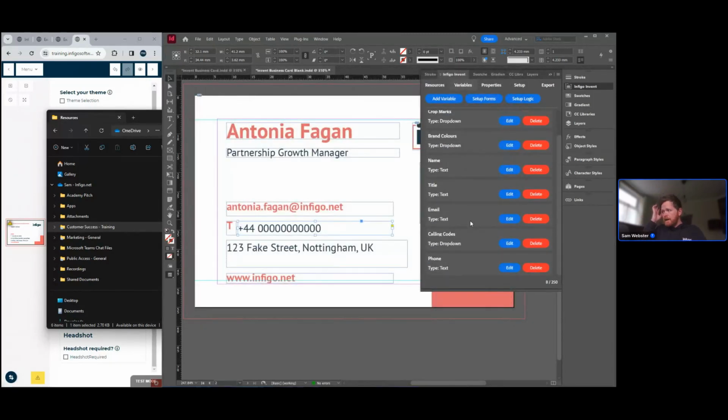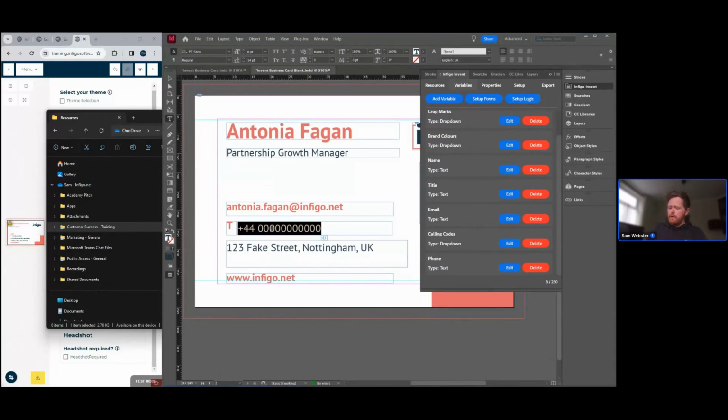And that's our two variables for calling code and for phone. Now we want both of those to be present in this same field. We could do them as two separate fields if we wanted, but we may as well have them in the same one. The way in which we do this is by inputting these as text-based variables. Instead of linking the entire frame, you can just remove the text that's in there,